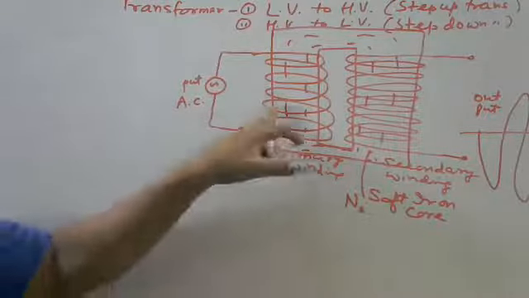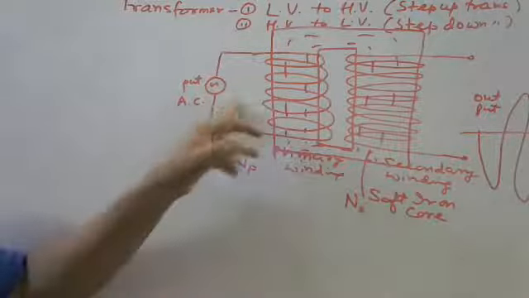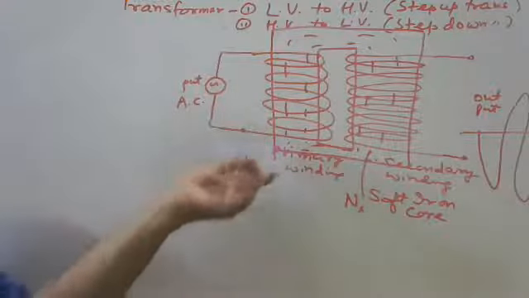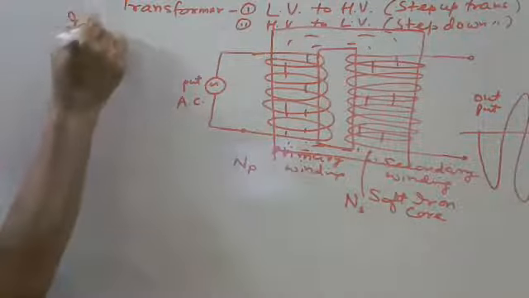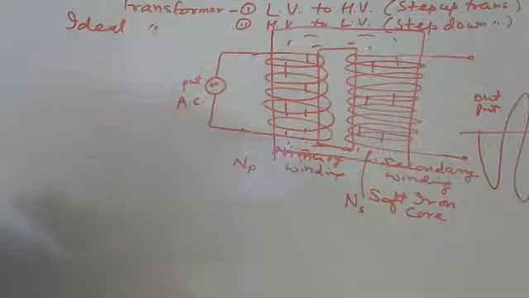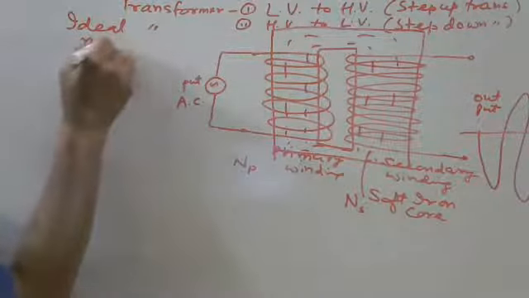At the same time, heat loss I squared R t is there in the primary and secondary. We cannot reduce this resistance to 0. We cannot use a superconductor here because the temperature should be very low, which is not possible here. There are many types of loss we will discuss later, but this time we are taking the ideal case. In the ideal case there is no power loss. So we are taking the ideal transformer where efficiency is 100%.